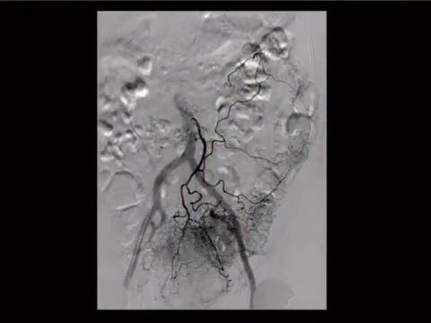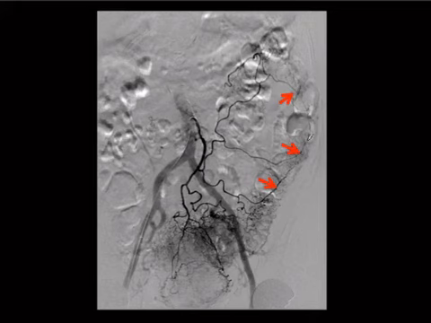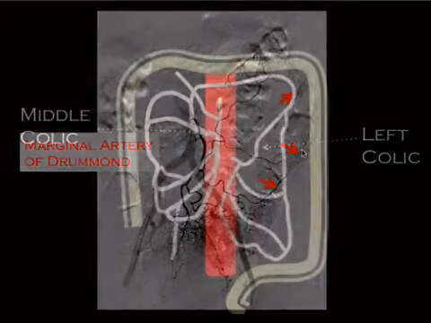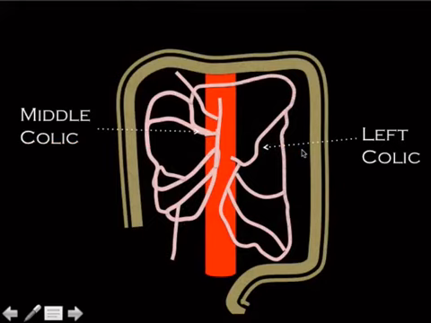All right, so next case. So what is that right there? So we see the outline of the colon here, and this little vessel here is all the way on the margin. So this is the marginal artery of Drummond. Here's another mesenteric collateral pathway. To draw this one out, whereas the marginal artery is all the way out here,